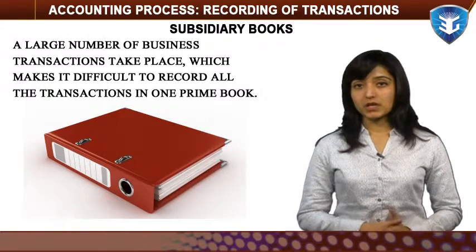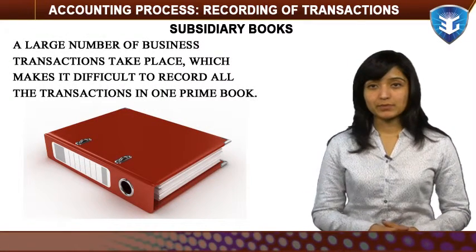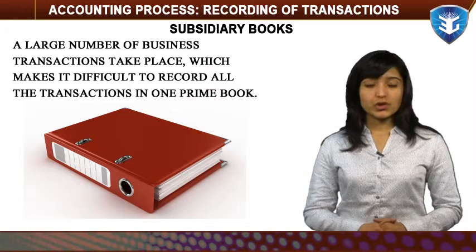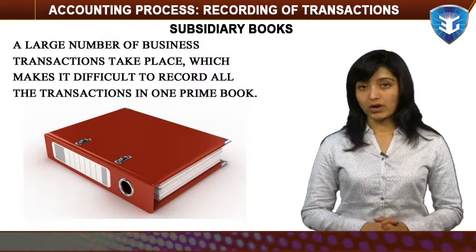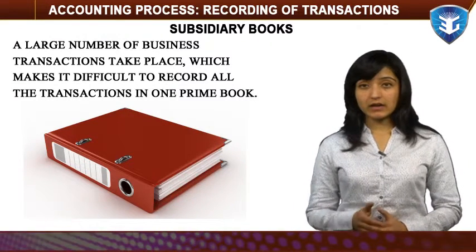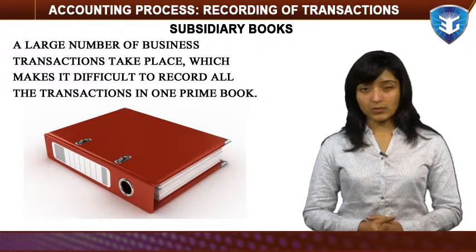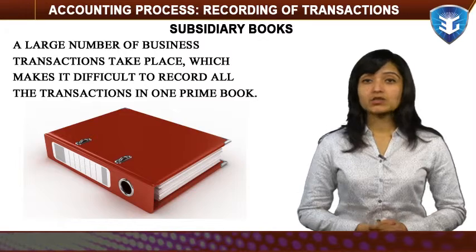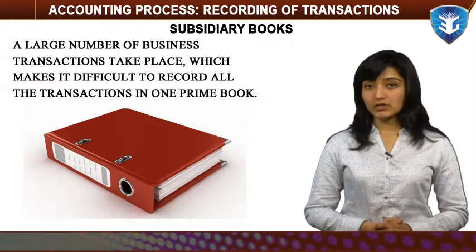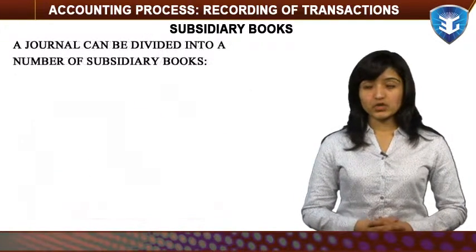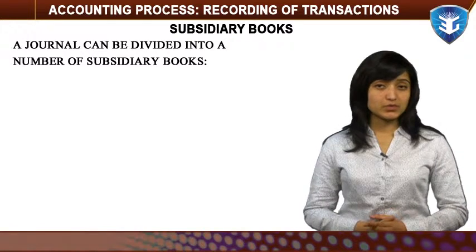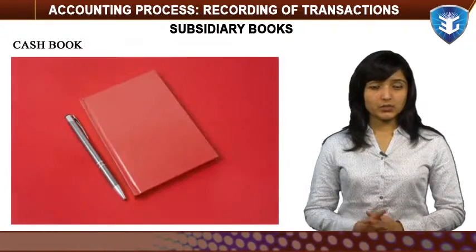Subsidiary books. A large number of business transactions take place, which makes it difficult to record all the transactions in one prime book. For convenience, a separate book is maintained for similar types of transactions, such as one book for receipts and payments of cash and another one for sale of goods and their purchases. A journal can be divided into a number of subsidiary books, which are: